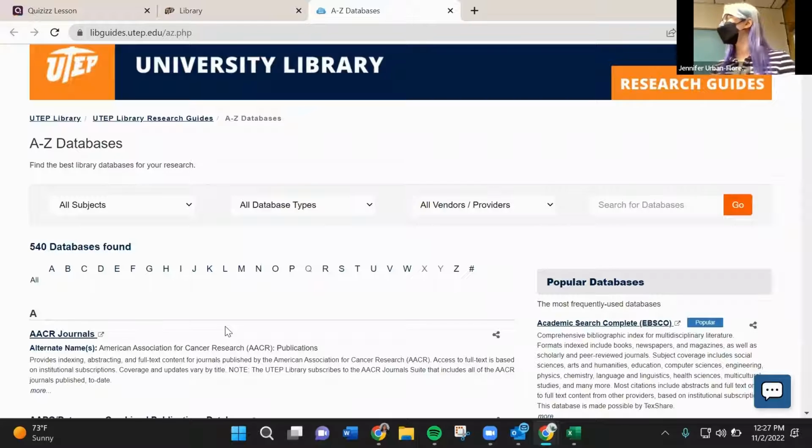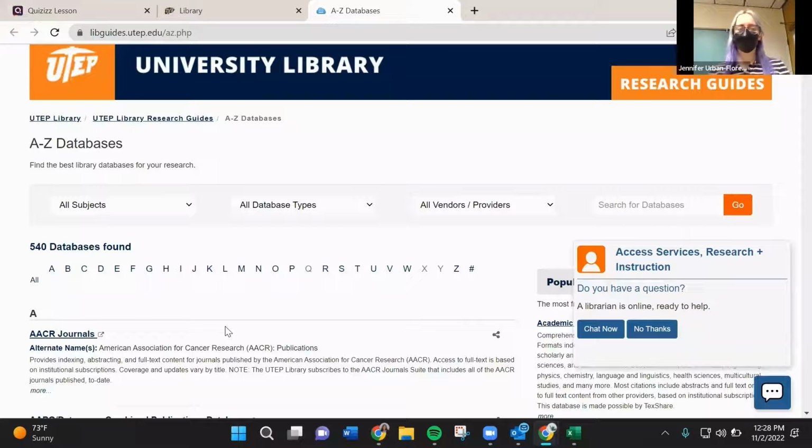So that's a ton of databases to work through, right? I wouldn't expect anybody to be an expert on all of them. However, especially as graduate students, you're going to want to start using these databases. If you're still using MinerQuest, that's okay. That's a great place to start. It's very interdisciplinary, but as graduate students, this is going to be a better way for you to find material that's very specific to your field.